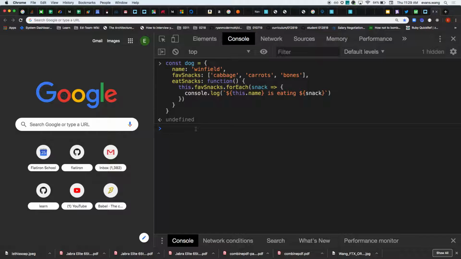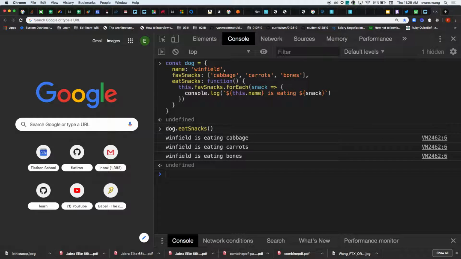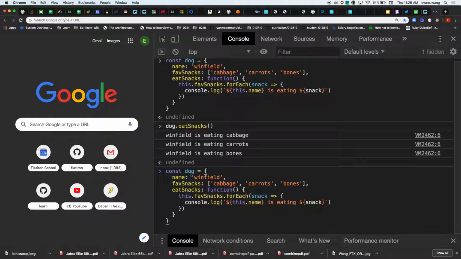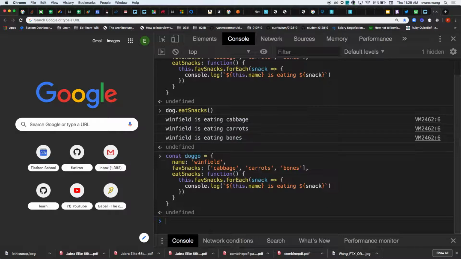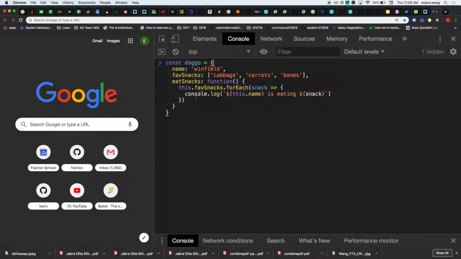And the string is empty. I get an empty string, right? Now let's do some tiny mutations. Let's take this, and let's use doggo, because I can't use doggo again because it's a const, right? Oh my god, it's embarrassing. I use doggo, and now let me